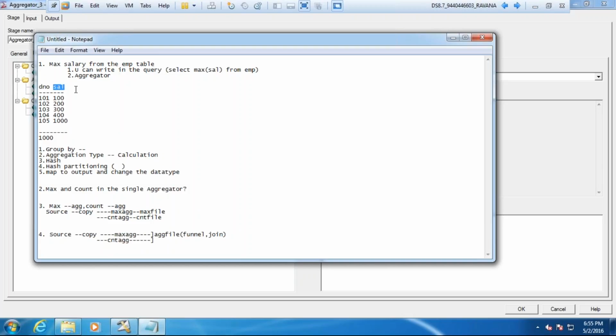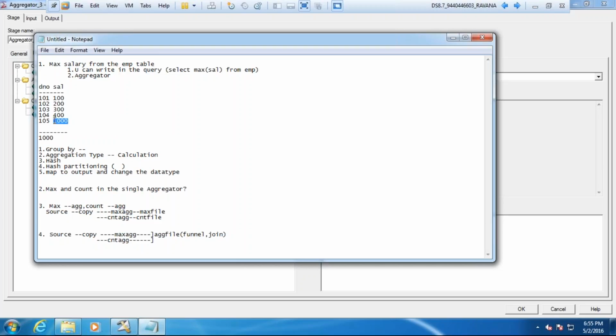So if we can't use the department number, then we have to use the salary, one or the other. If we can't use the department number, then we should use the salary. First tell me what is group by? Nasim, I mean you have to be understood. Like there are like 5 groups, like 101. 1 second. You have 5 groups. Right? Then in these 5 groups, if I do maximum salary, will I get 1000?